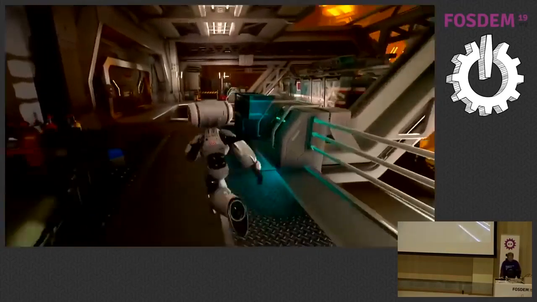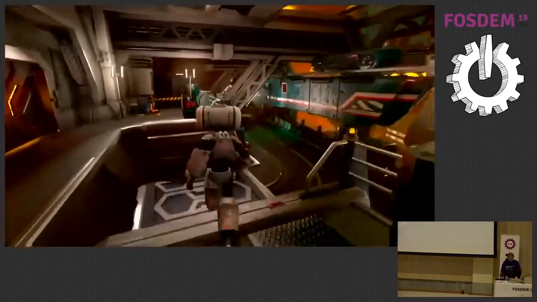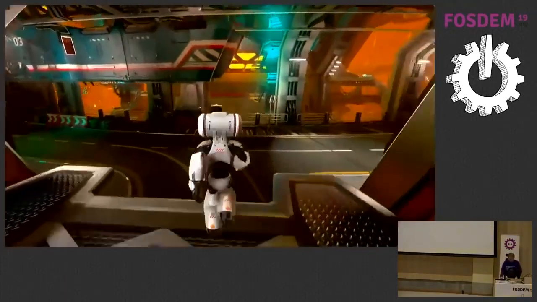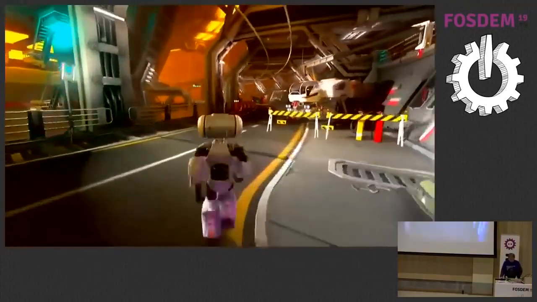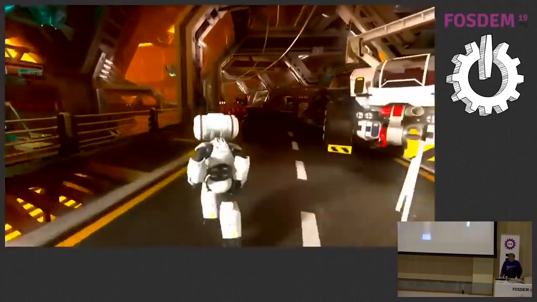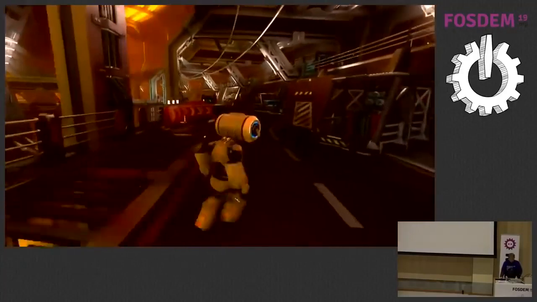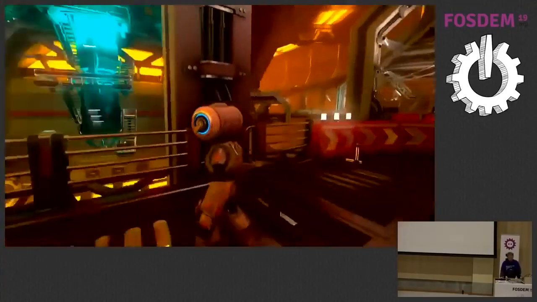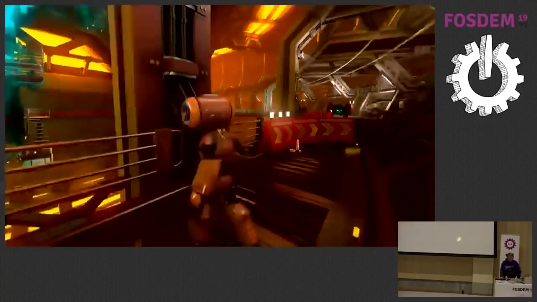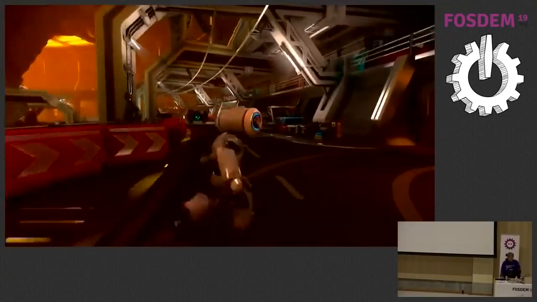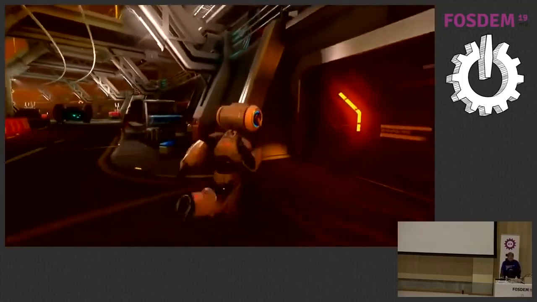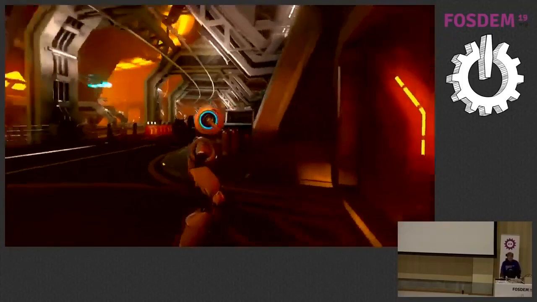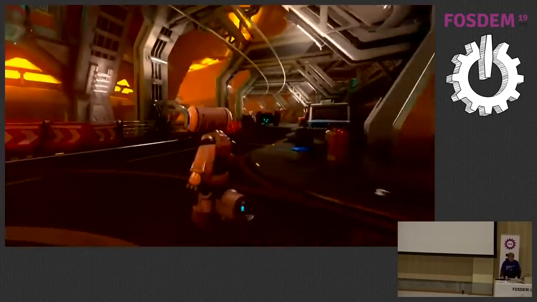You can just walk around the stage. You can see that the character moves around, and all the lighting from the environment affects it. This is real time. If I get close to this, you can see this emissive material is affecting the character.